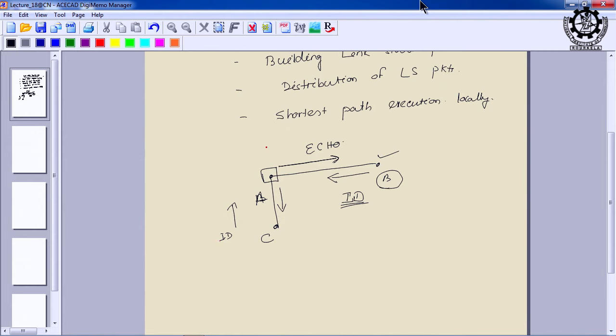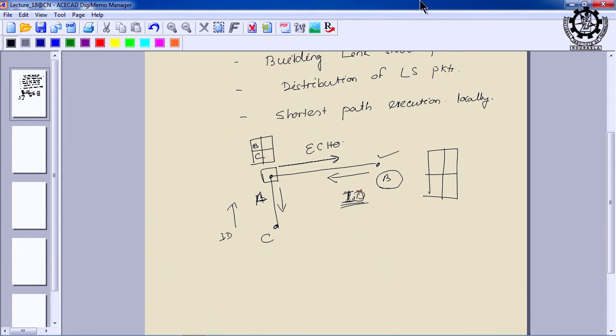So, at the end of this step, A can find out who are my neighbors. One of my neighbors is B and another is C. Similarly, every node finds its immediate neighbors by finding their IDs,